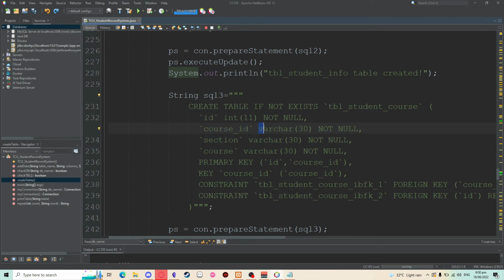The course ID, varchar limit of 30, section varchar limit of 30, and course varchar limit of 30. So in this table, we have two columns as a primary key. This is what we call a composite primary key, in which it requires a combination of two or more columns in order to form a unique